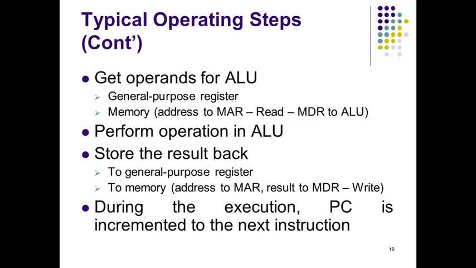If the instruction involves an operation to be performed by the ALU, then it is necessary to obtain the required operands. If an operand resides in the memory, then it has to be fetched by sending its address to the MAR and initiating a read cycle. When the operand has been read from the memory into the MDR, it is transferred from the MDR to the ALU. After one or more operands are fetched in this way, the ALU can perform the desired operation.